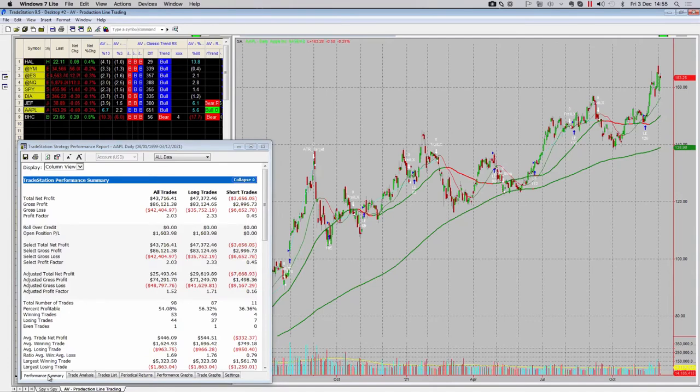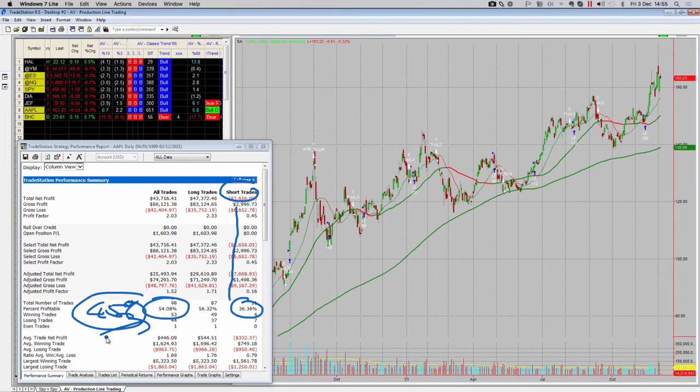Classic trend trading, four rules, 54% of the time. Again, not as good as the other stocks, doesn't matter. I would be happy with anything over 45%, personally, just based on this. Short trades is what we're seeing here. Maybe we don't trade it short because it loses money on the bear side. Oh, that's important to know. Apple is not so good on the bear side. So maybe we just ignore bearish setups. That's interesting to know.